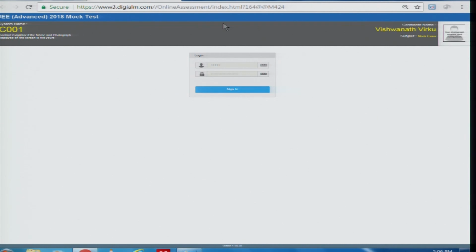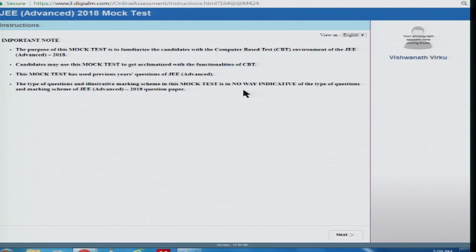One should keep in mind that during the examination the keyboard will be non-functional. Although the candidate might find that the computer assigned to them has a keyboard, it will not be functional during the entire period of the test. The entire test will be operated using the mouse, which will act as the control in that system. Once the password is keyed in, the candidate can sign in and enter into the instruction section of the